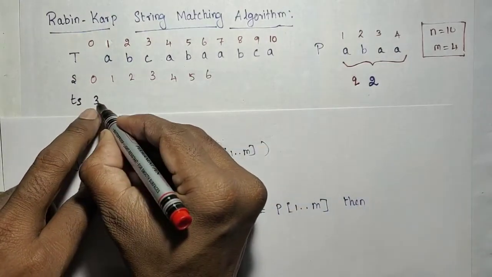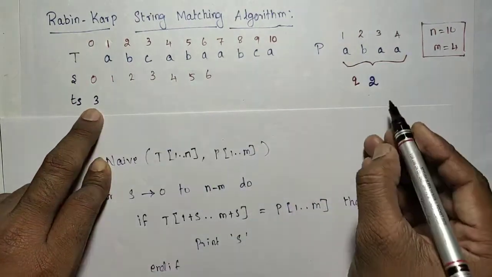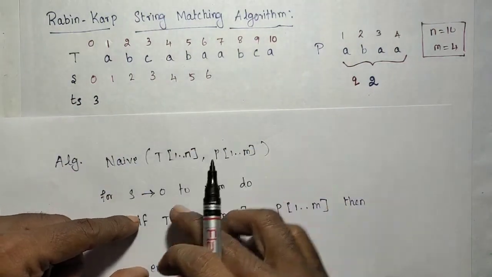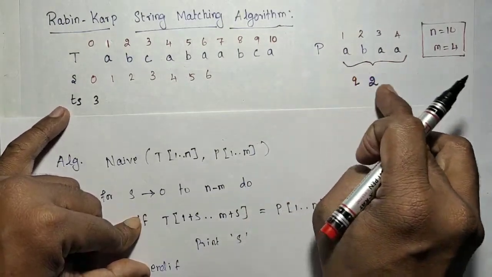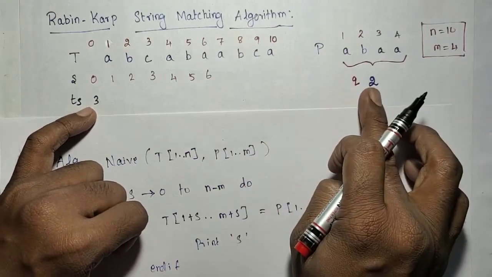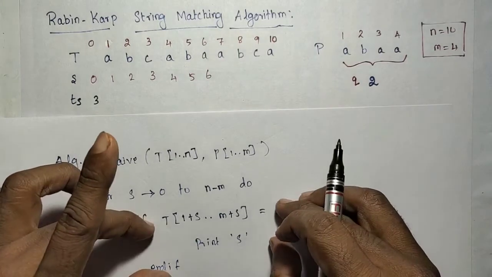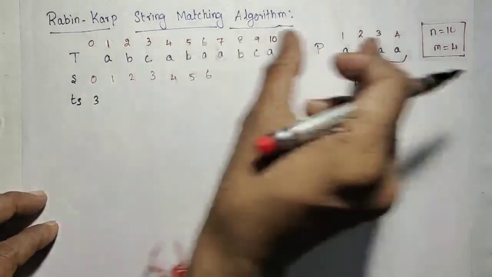Now T 0 is actually 3. T 0 means the equivalent number of the first four characters. So this and this are going to be compared. Before doing the character comparison, the pattern's equivalent number q and t 0 are compared. If they are equal, there is a possibility. Otherwise there is no possibility, and there is no need to do the comparison. So 3 and 2 means the comparison will not happen. The four characters will not be compared.